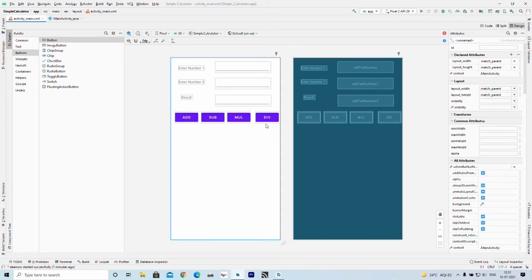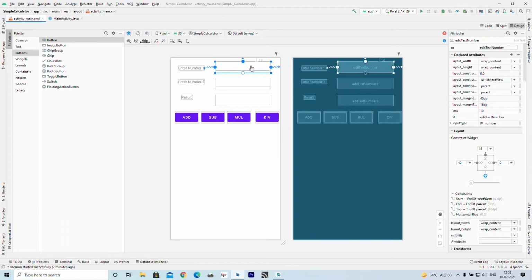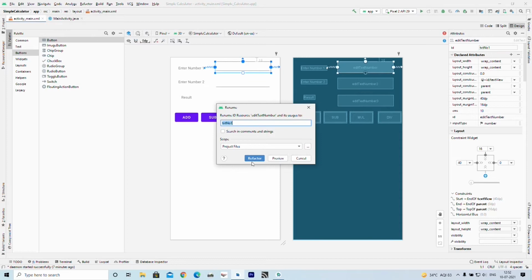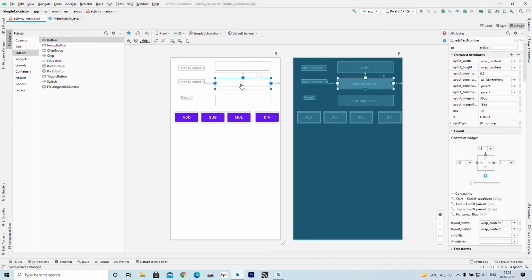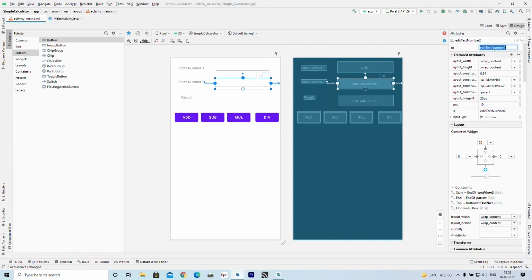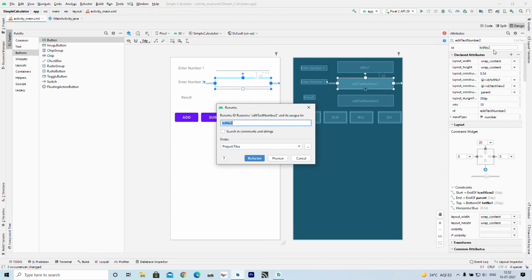Next, we will give some more attributes to our widgets. So I am selecting this edit text and changing its ID to txt no1, that is number 1. Here I have to press the refactor button. Now I am changing the second edit text and its name is changed to no2.